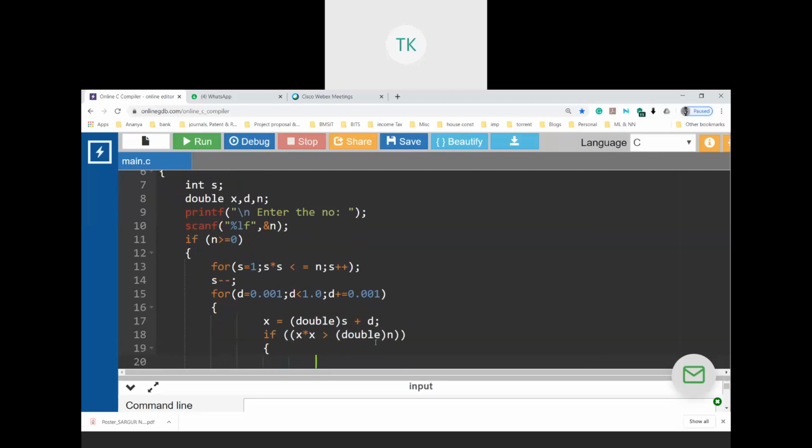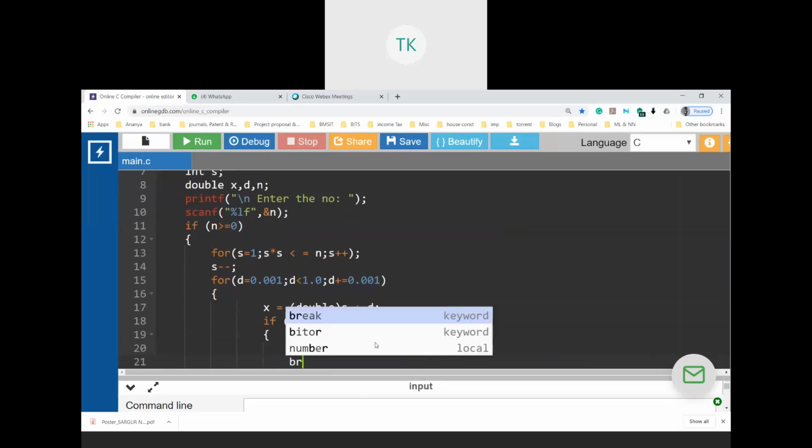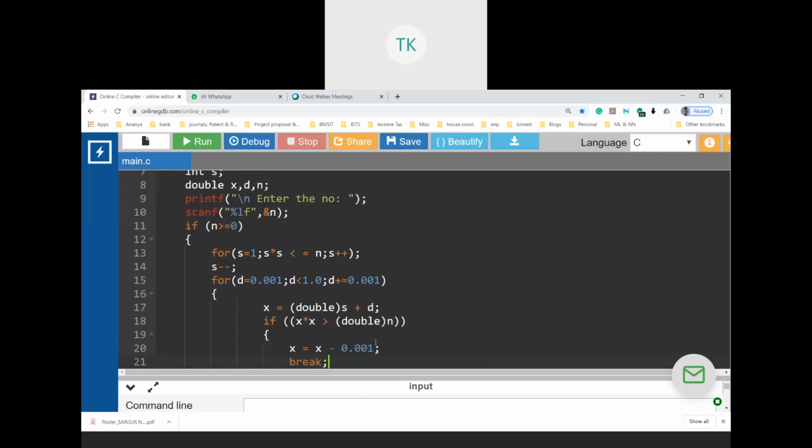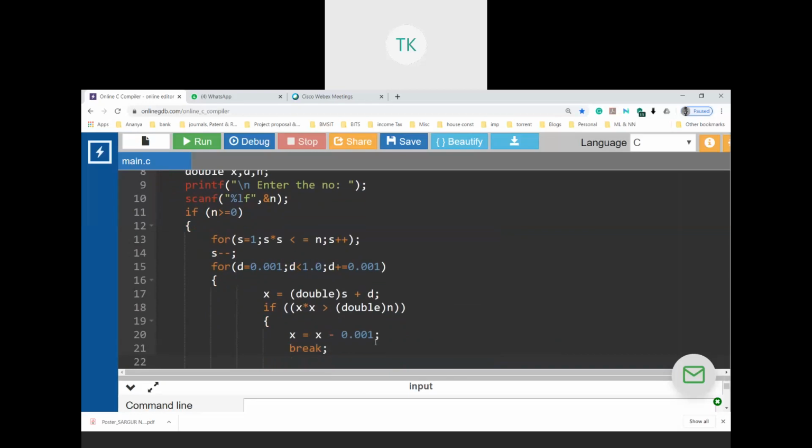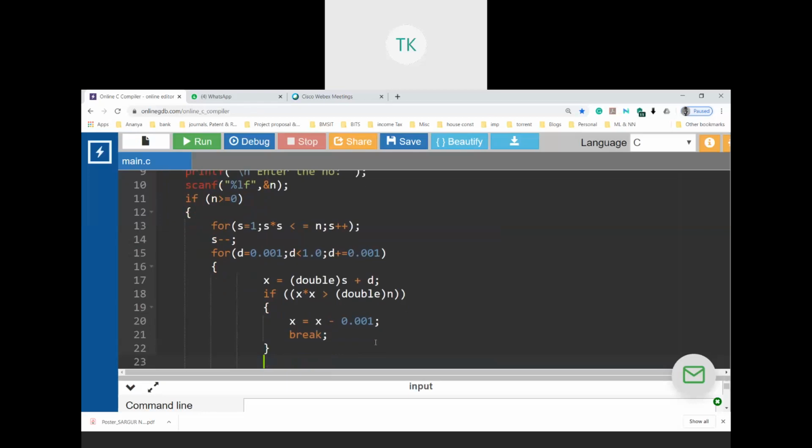I will just say X equal to X minus 0.001, break, semicolon. Here I'll have a closing loop, and again I will now have another closing loop. So I have pushed it a bit. Let me pull it back. One tab is sufficient.